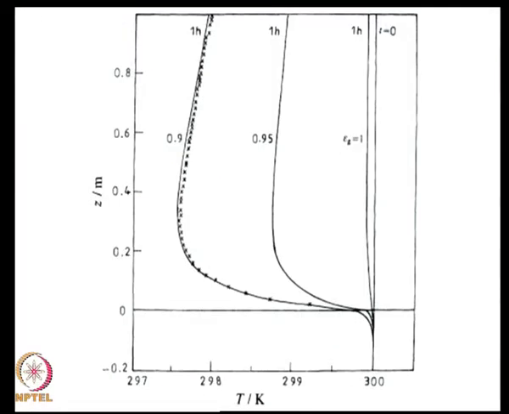So, here is the ground. About 0.2 meters of deep ground has been shown here along with the atmosphere, and these are the various solutions for the atmospheric temperature profile for various ground emissivities. So, one can see that if ground emissivity is quite large, close to 1, then you will not really see a real lifted minima. Okay.